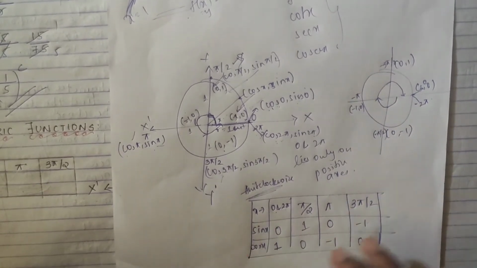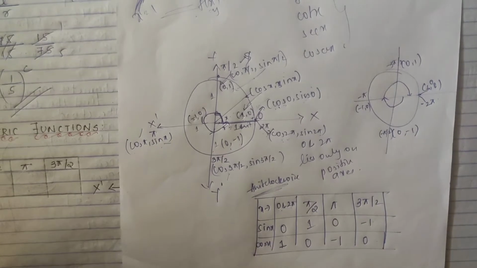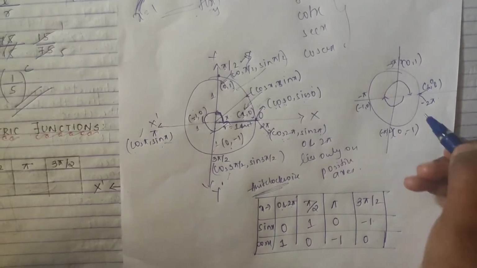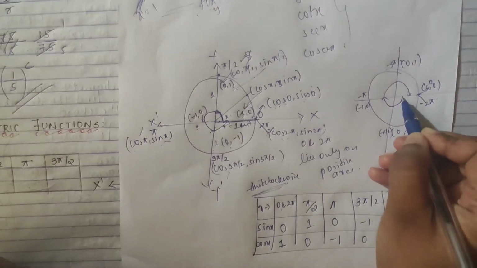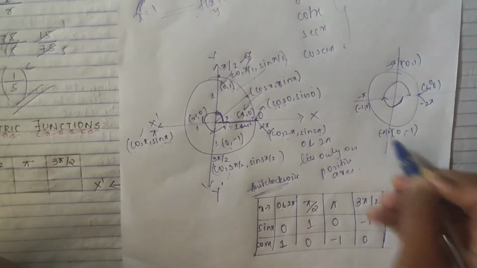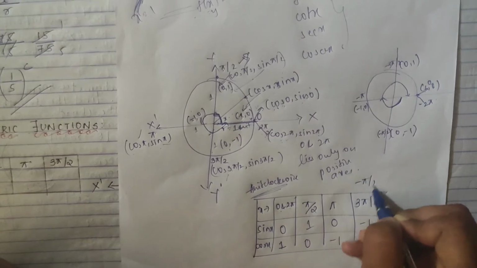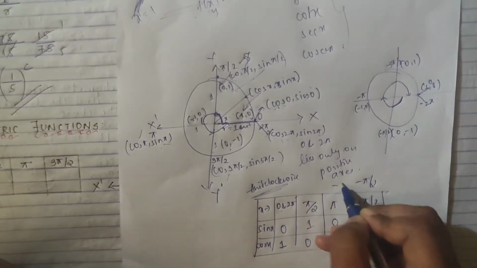So clockwise direction, how you will get the coordinates. In this only I am making it, you just make a separate box, see. From here you are starting, which means this is your minus pi by 2. So in this case here it is minus pi by 2. Here if it goes, this is minus pi.